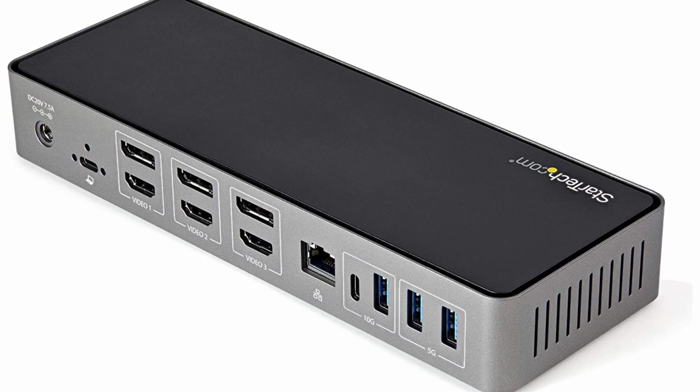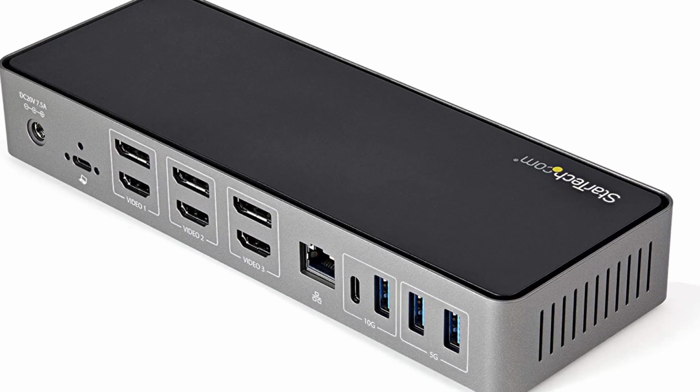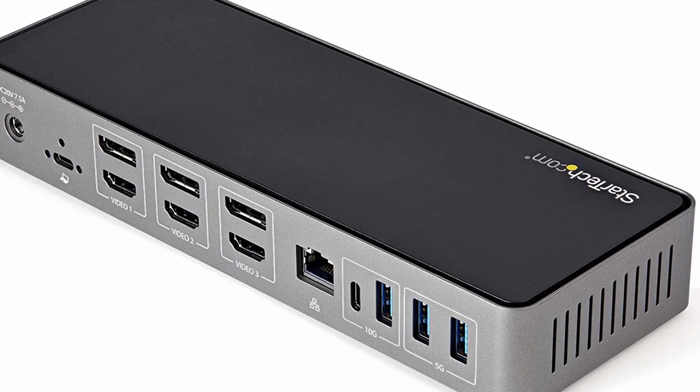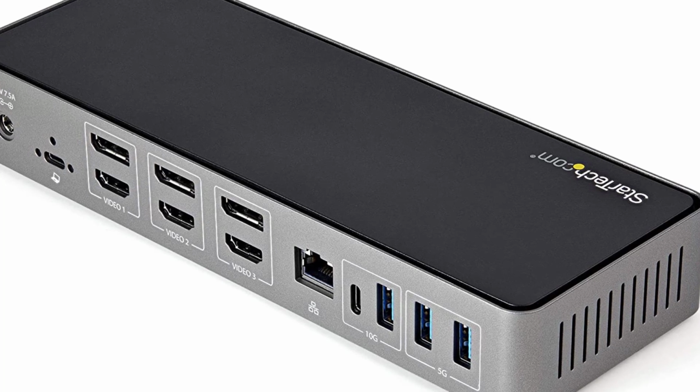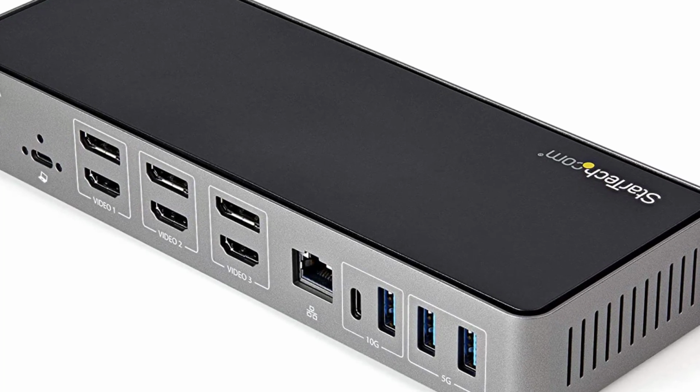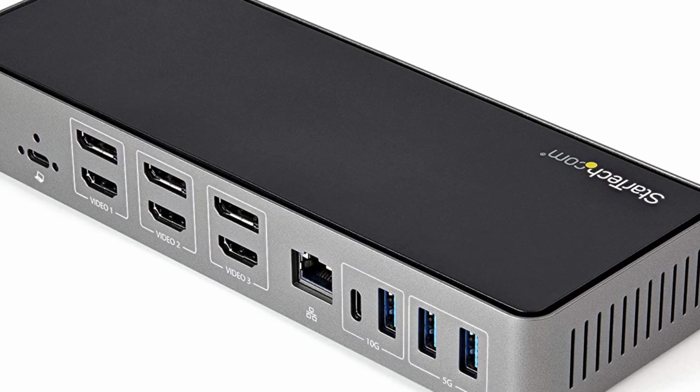StarTech.com EUASOO Dock, Hybrid Universal Triple Monitor Laptop Docking Station. HDMI and DisplayPort for triple monitor outputs. This USB-C Gen 2 docking station with DP 1.4 and HDMI 2.0 HDR support is a perfect choice for dual